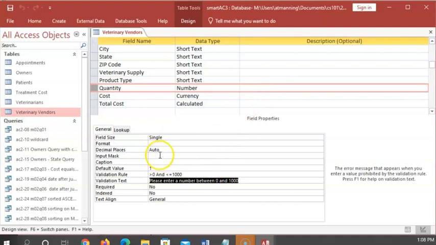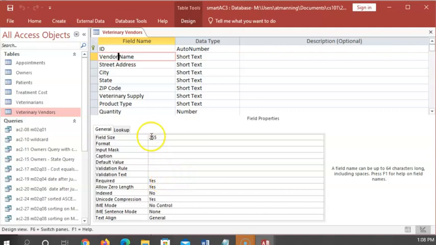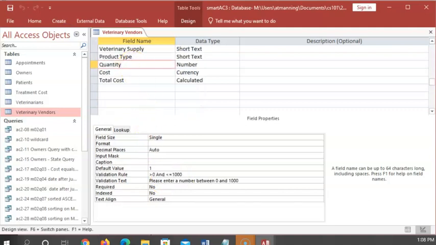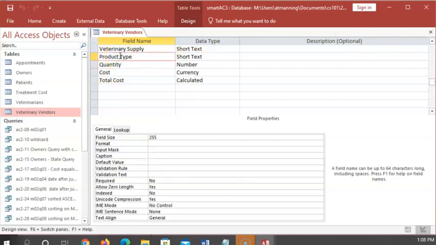Okay, so now we know how to require a field on the name, set required, and I can do a validation rule on the quantity, and also a default value. We've already seen the default value. I've also set a 1 for my default value on quantity, and also on the product type, let's set a default value for product type to be VAC,